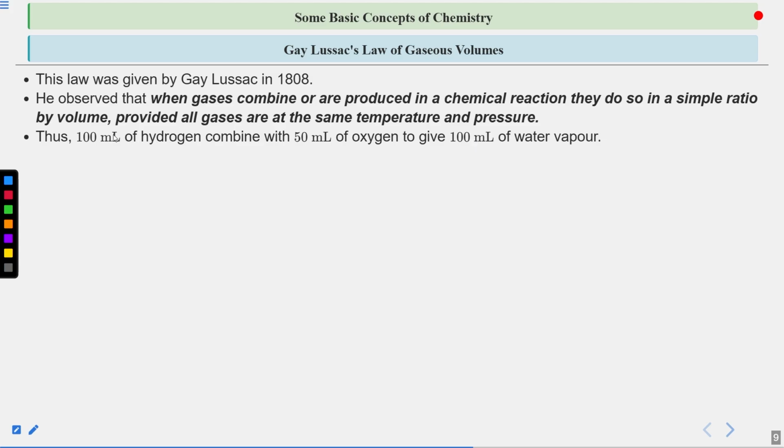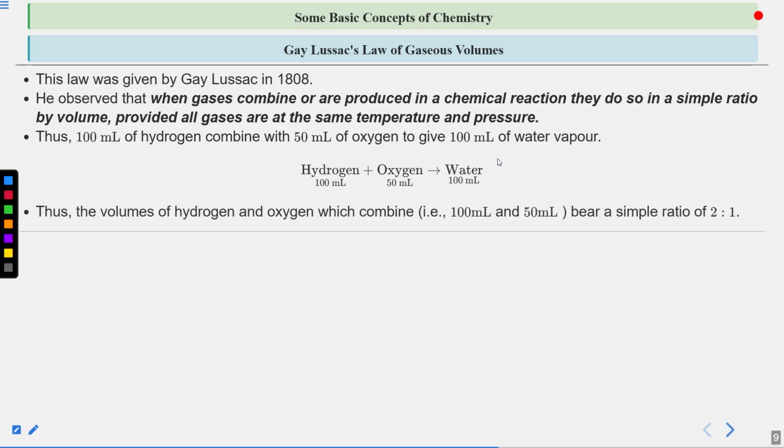Suppose, for example, if you want to form water, then you have to take 100 ml of hydrogen and 50 ml of oxygen to give 100 ml of water vapor. Water vapor or water, both are same in the sense of their constituent molecule, only the state is different and the intermolecular interactions are different. So these are the two gases that we are taking, hydrogen and oxygen, and their volumes are 100 milliliter and 50 milliliter, whereas the volume of the water vapor that is being formed is 100 ml. So this would be the reaction equation for our given condition.